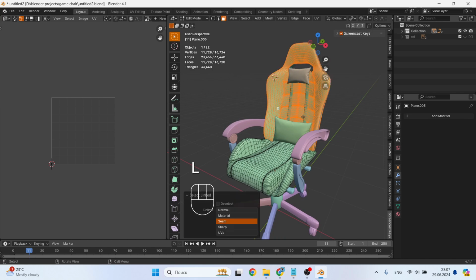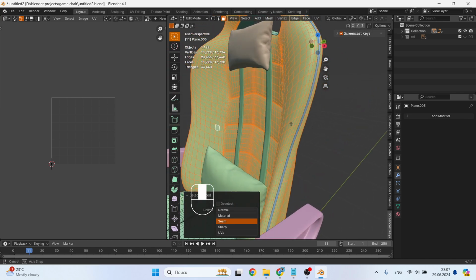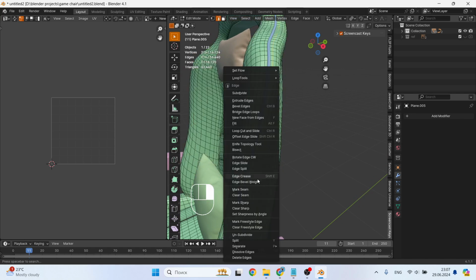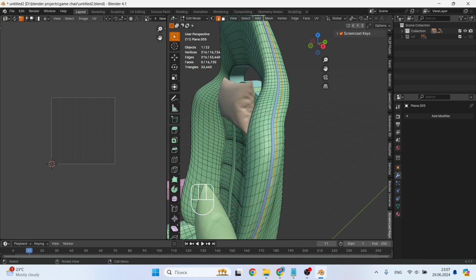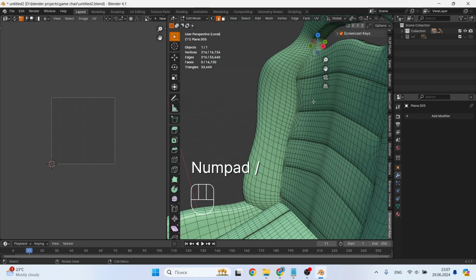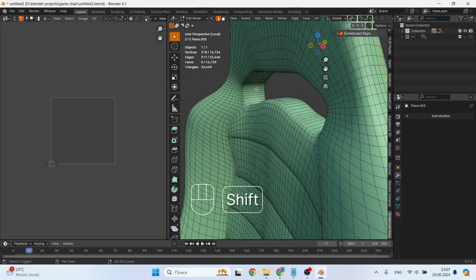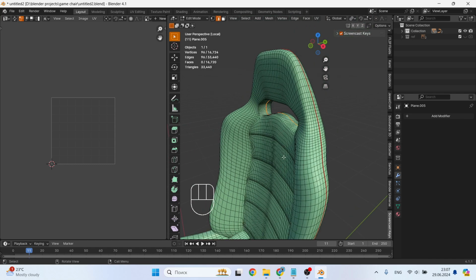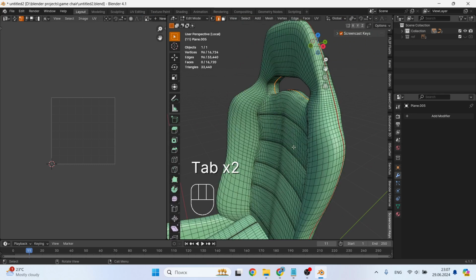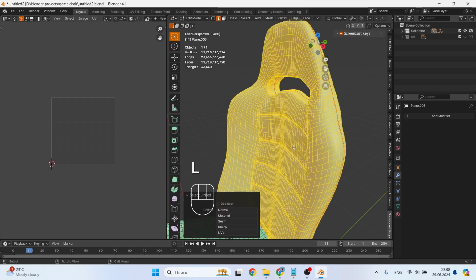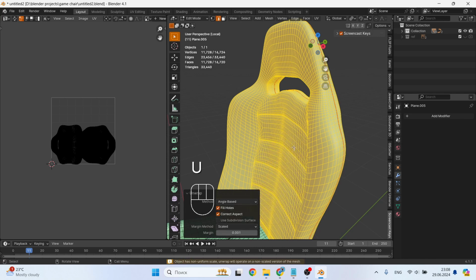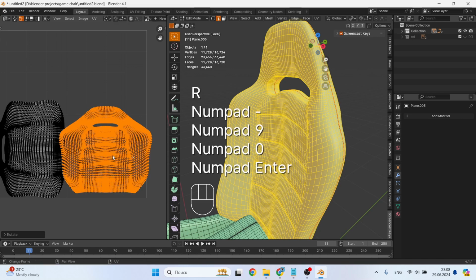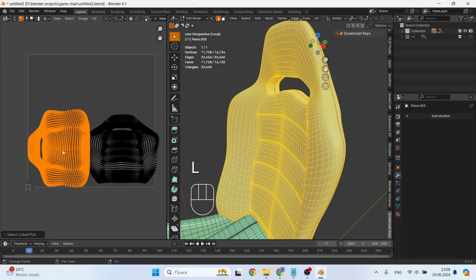We need to unwrap almost all the components that we got in our chair, starting from the chair back. Go into edit mode and hold down the Alt button to select the edge loop along which the seam will pass. In order to make an unwrap it is necessary that it has at least one seam. We will add another seam from the inside of the hole, after which we select all the faces and press unwrap. We get the following geometry. Let's arrange it properly and move it outside the square, since new UVs will appear there.